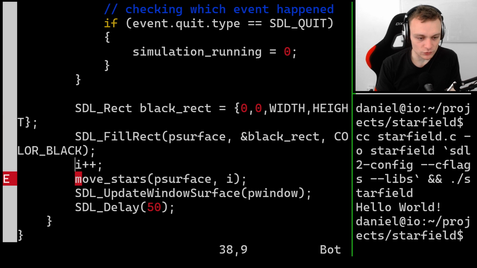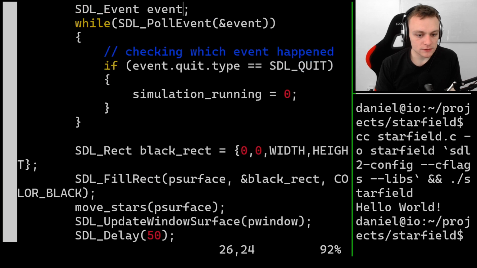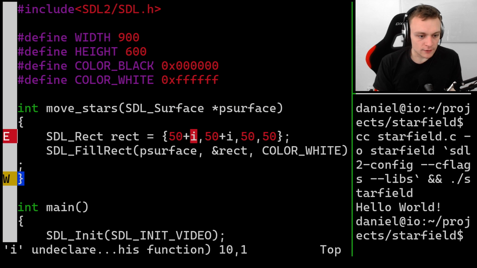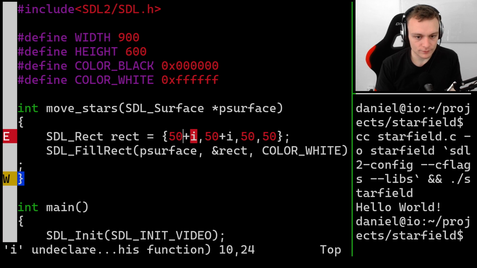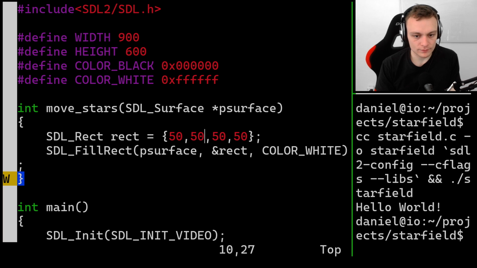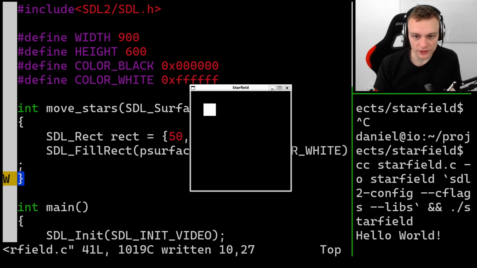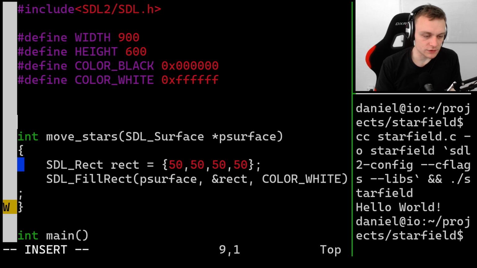So let me just remove that. Okay, now we should only have a simple rectangle, right? And what we do now is we